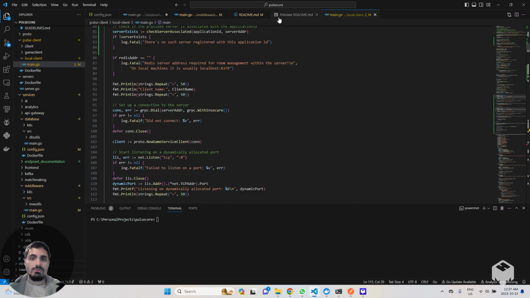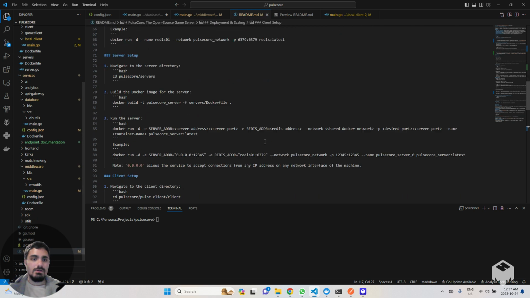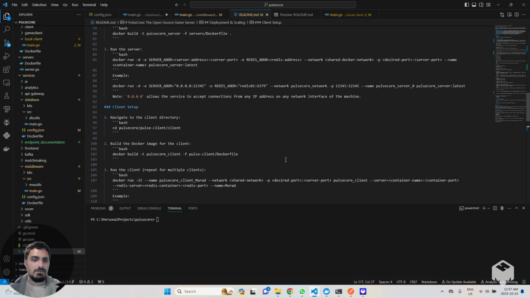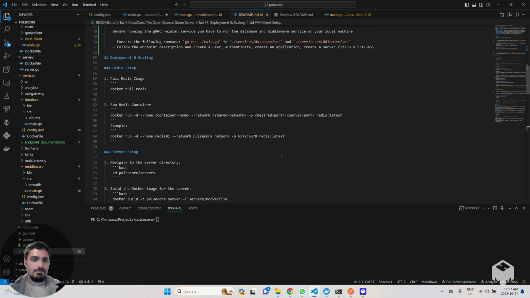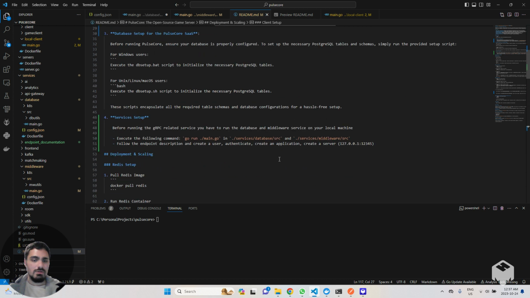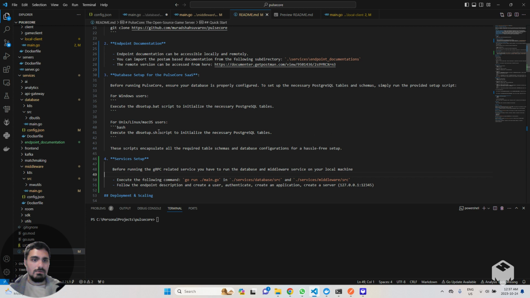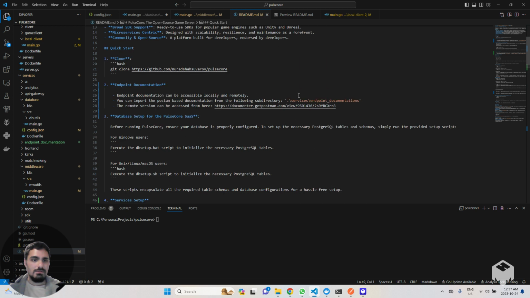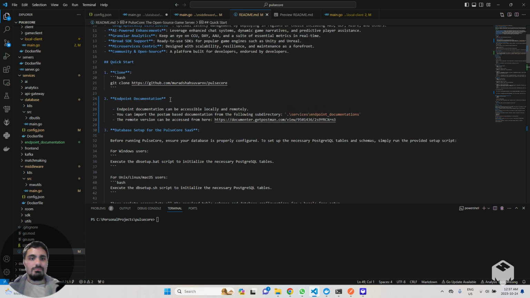So what else? I just modified the readme.md. Here I specified what to run, what not to run. I specified that there is an endpoint documentation. By the way, I generated public documentation based on the endpoints that you need for the project to work. So basically, you can enter the link and go through each one of the endpoints and get yourself familiarized with the system